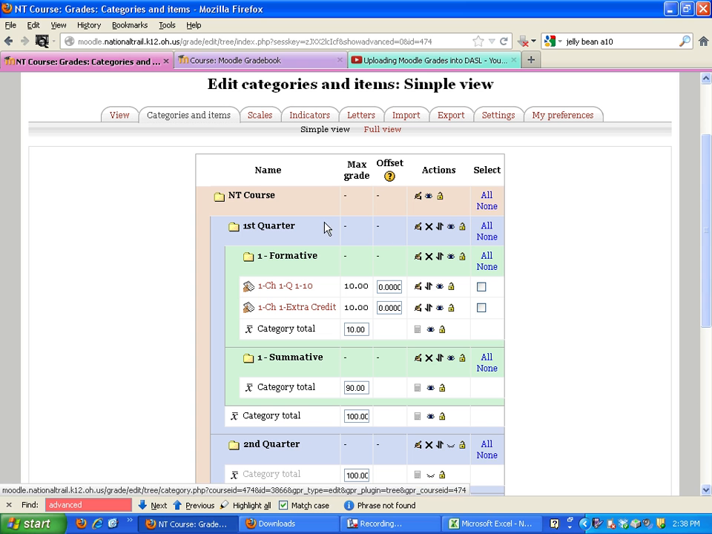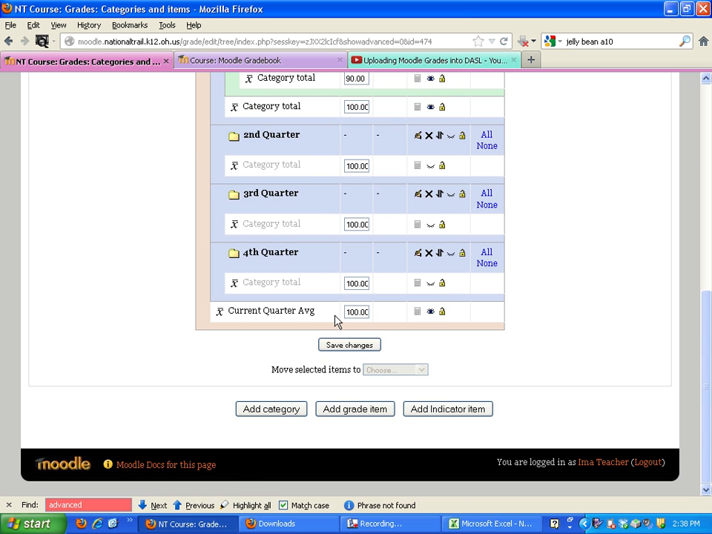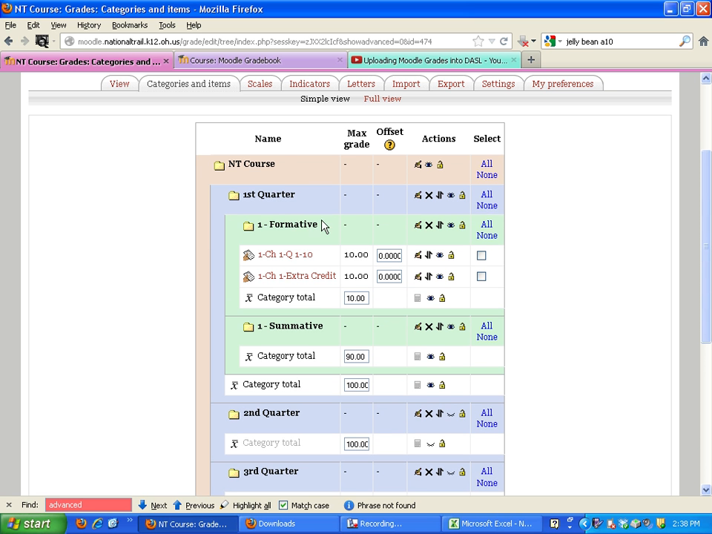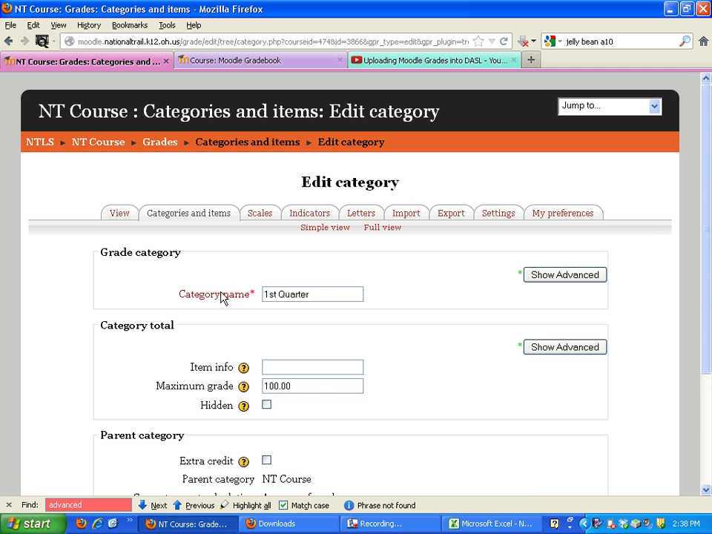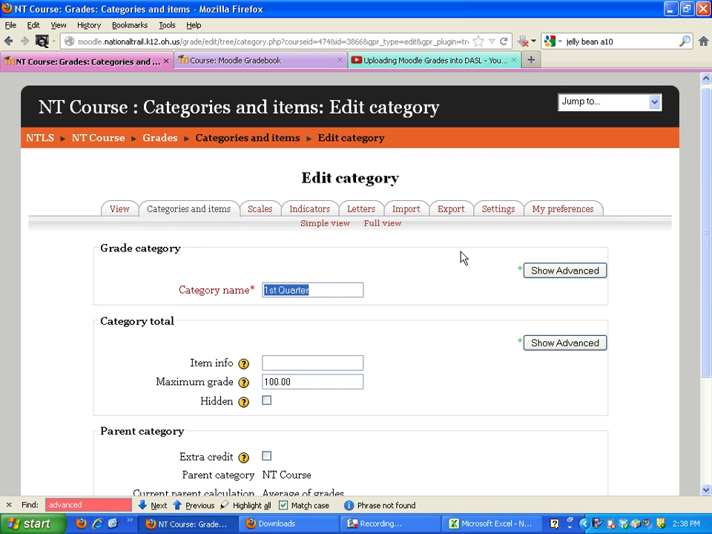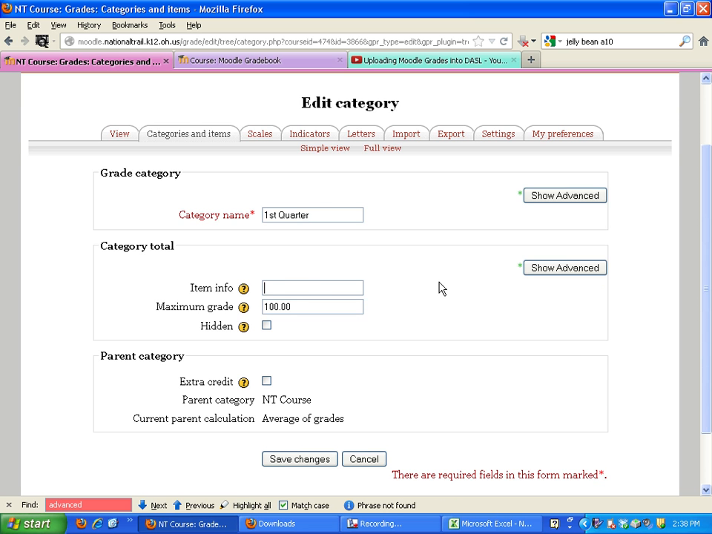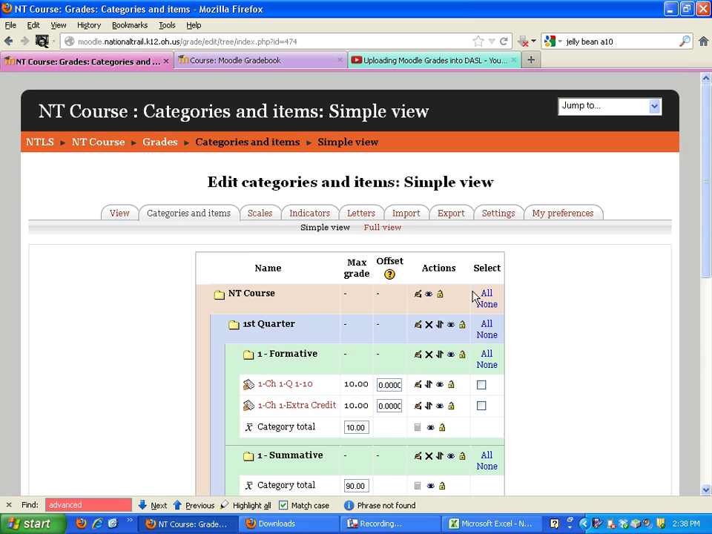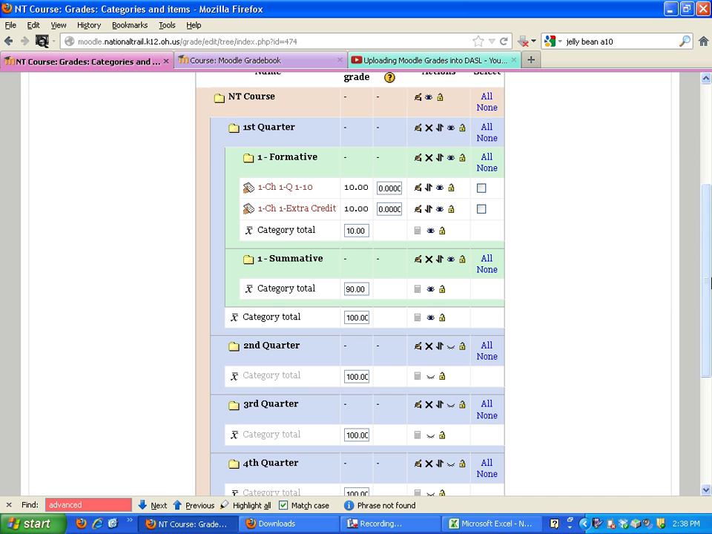Right now, in my categories and items, it says NT course, and down here it's the current quarter average. And on these, it just says category total, category total. I can change that to fix that. So if I go to this hand right here and I click on it, right now it says first quarter. I can copy that, and where it says info, I'm going to put first quarter again, and now I hit save change, and now